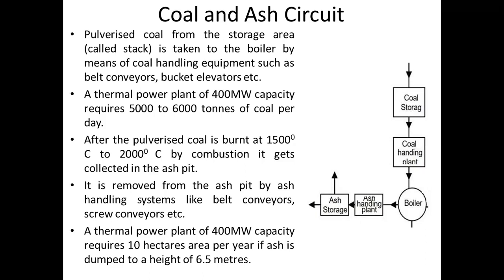The coal is burned in the boiler furnace at a temperature of 1500 to 2000 degrees Celsius by combustion, and after burning, the coal converts into ash. We told you that ash content may be from 10% to 55%. So if we are using good quality coal, let's say there is 10% ash generation. So in one day, for a 400 megawatt capacity, approximately 500 to 600 tons of ash is generated,